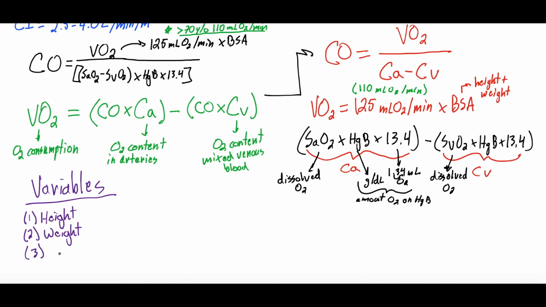We also need an SaO2, which we get from an arterial blood gas. You can get it from an arterial line or an ABG poking the artery, but we need a sample of the arterial blood to get the dissolved oxygen in that arterial blood. In addition to that, we need an SvO2. This we need to get from a central line